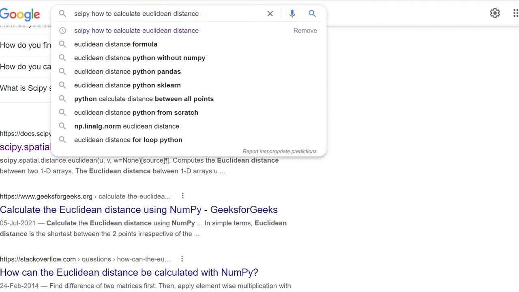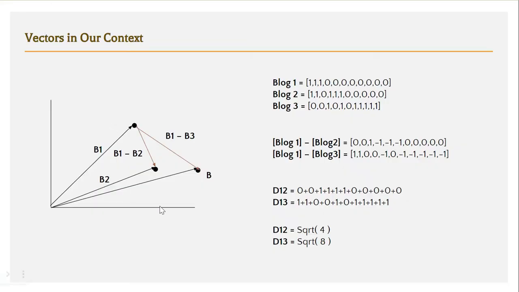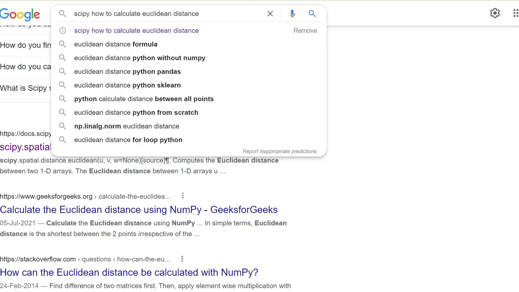This is 10th class mathematics, how to calculate the distance between 2 points. If 2 points are given, for example, x1 comma y1 and x2 comma y2, then the distance between these 2 points is the square root of (x1 minus x2) whole square plus (y1 minus y2) whole square. That is the simple formula, called Euclidean distance.